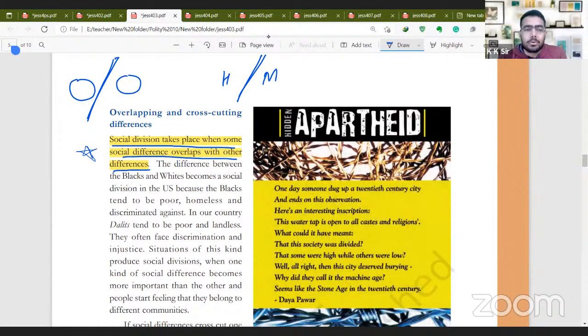ये डिवीजन तब होता है जब हमारे डिफरेंसेस ओवरलैप विथ अदर डिफरेंसेस. जैसे कि हिंदूज आर रिच एंड मुस्लिम्स आर पुअर. अगर ऐसा हो जाए, मतलब एक डिफरेंस तो ऑलरेडी है, एंड व्हेन द सेकंड डिफरेंस merges with this difference, it leads to the creation of